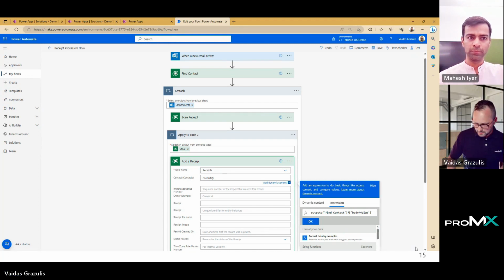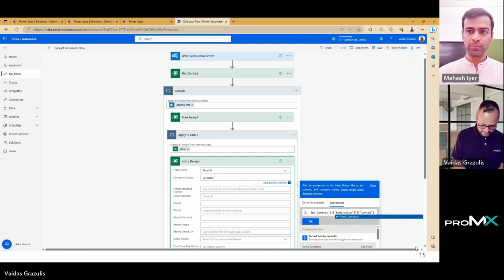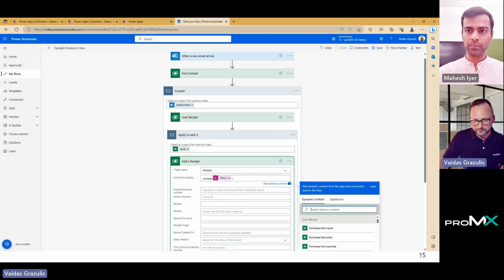And now all I want is just the first element, the first item of this list. And giving this first item, I would say in this case, provide me the contact ID, which we defined earlier.